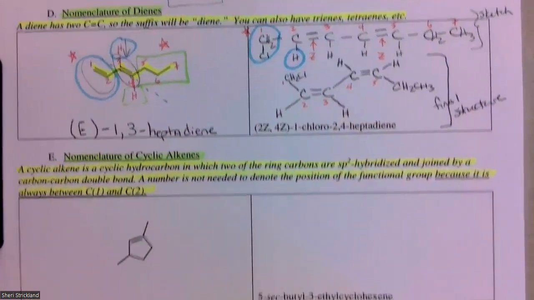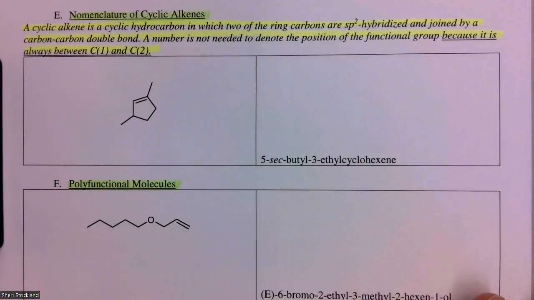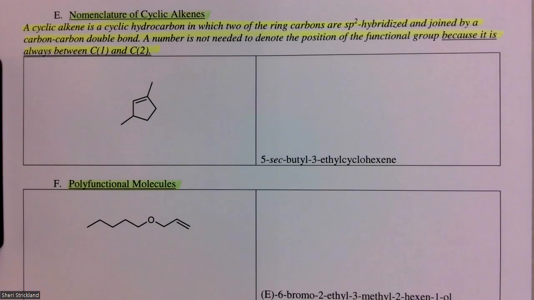All right, so what if you have a cyclic alkene? Okay, so a cyclic alkene is a cyclic hydrocarbon in which 2 of the ring carbons are sp2 hybridized and joined by a carbon-carbon double bond. A number is not needed to denote the position of the functional group because it's always between carbon 1 and carbon 2. So like in this case,